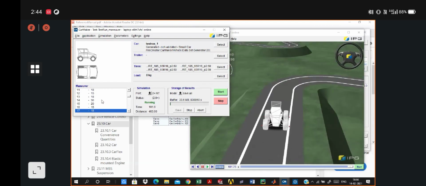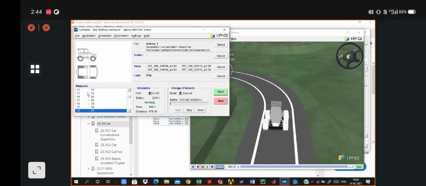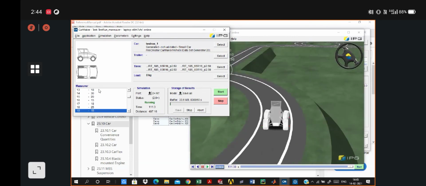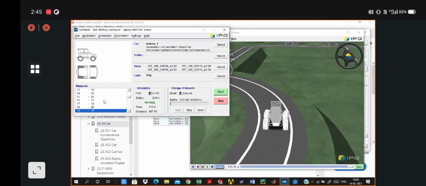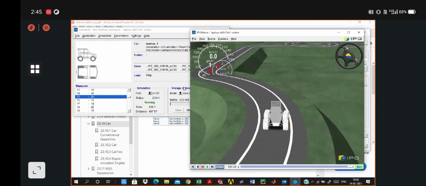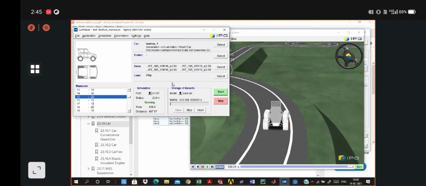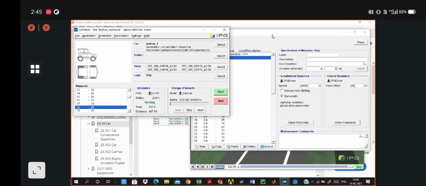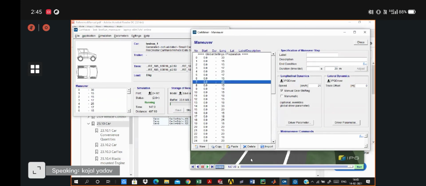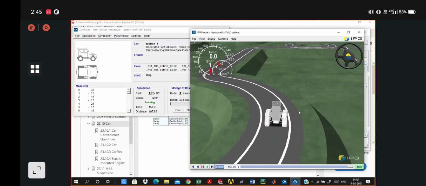Right now, since I've decreased the cruising speed straight away and increased the acceleration, it affects the vehicle performance, and the simulation stopped in between after taking the corner. So I'll stop the simulation and go back to the driver parameters.